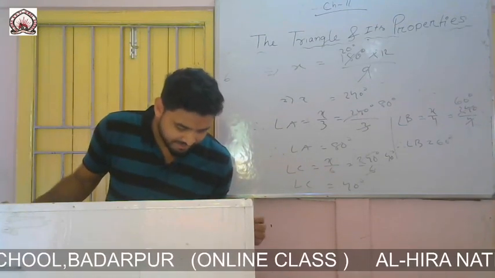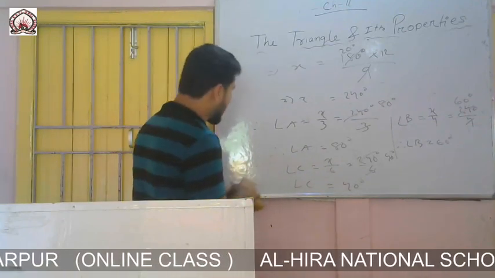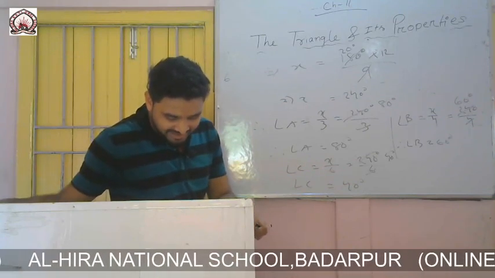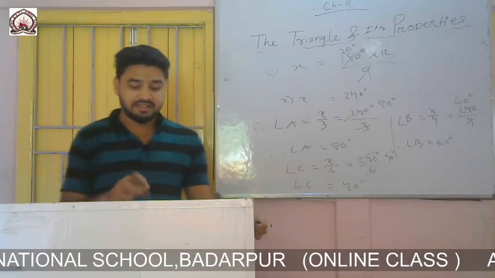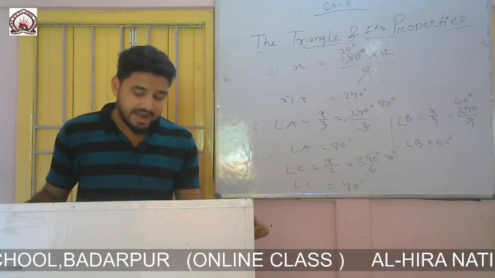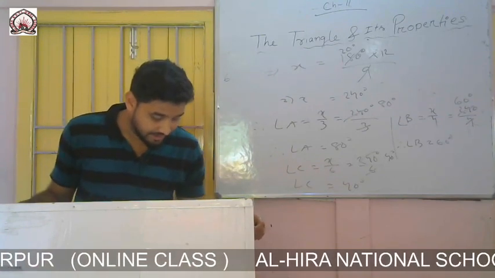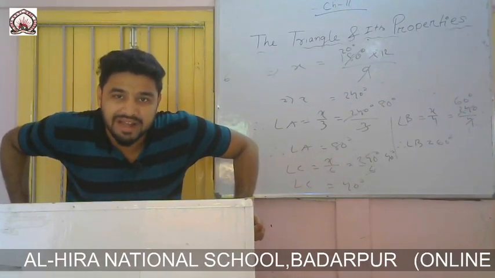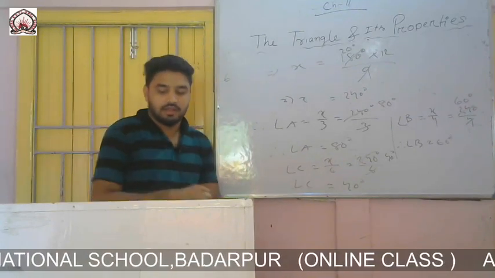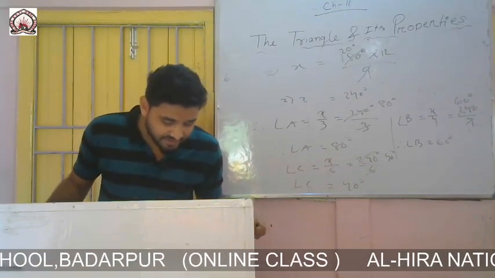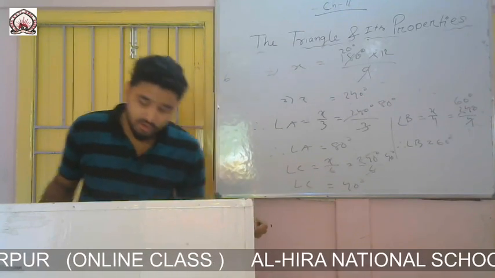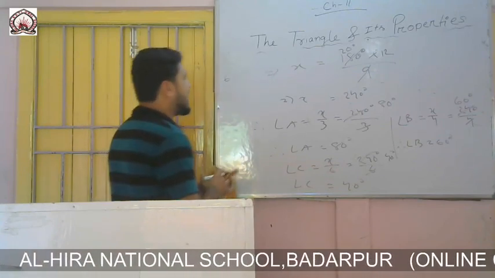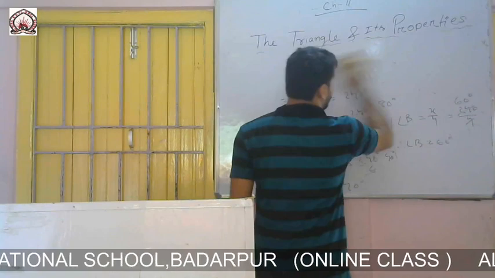Now you see question number 7. Up to 6 we have completed. Now see question number 7. Question number 7 gives a figure, and the figure has been drawn by adding two triangles. Then we have to find the value of DAB, ABC, BCD and CDA. So we have to find all the values of these angles.